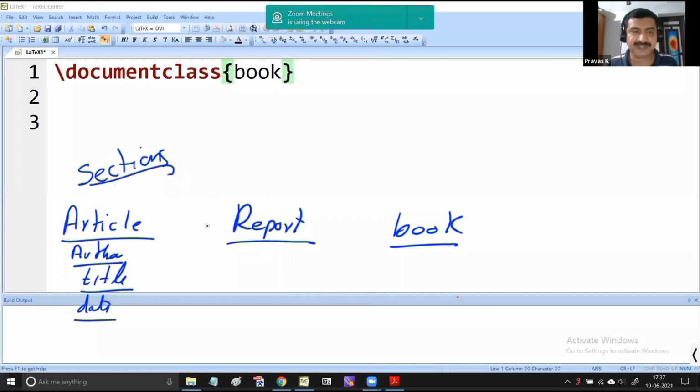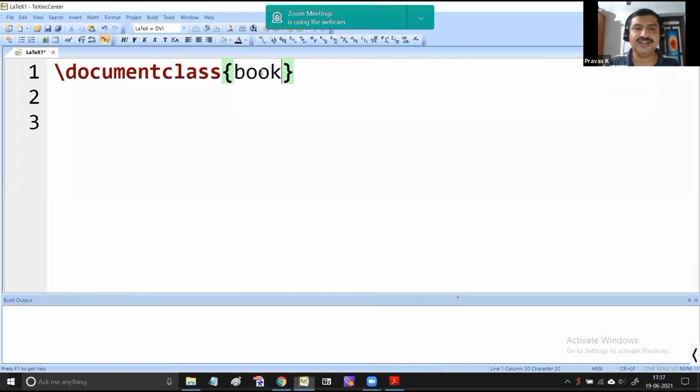So you can see that there are various differences between article, report, and book. And let us all learn how to write a report first. Okay, or let me go to an article first, and let me change it to a report later. So the next command here I'm going to write is,